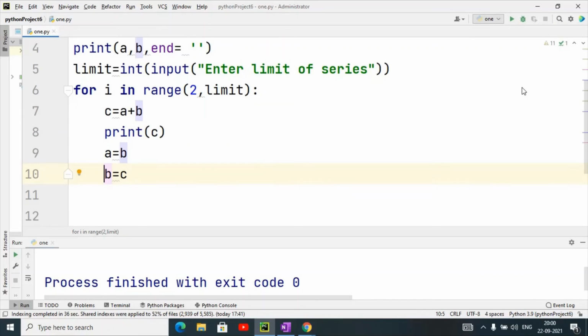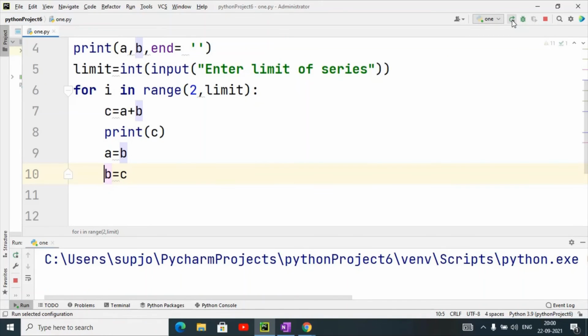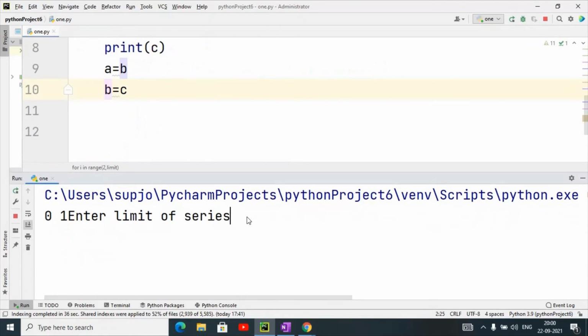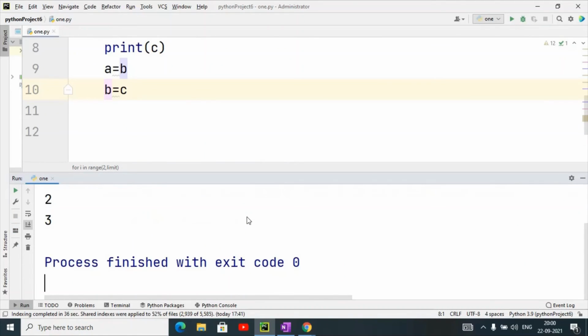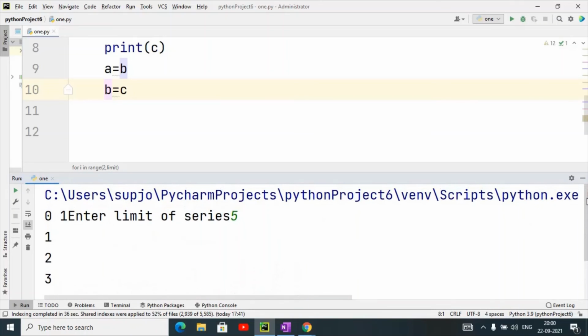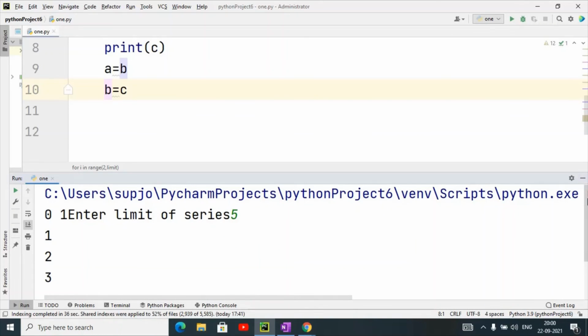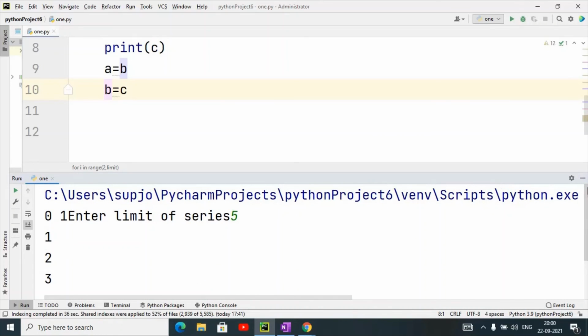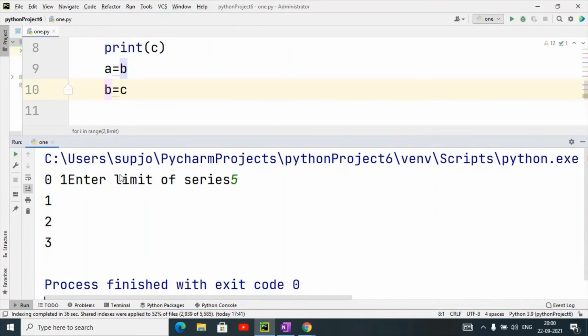When I execute this, we will check whether it is working or not. I have given 5, suppose. Zero, 1, 0, 1, then 1, then 1 plus 1 is 2, then 2 plus 1 is 3. It is working like that.